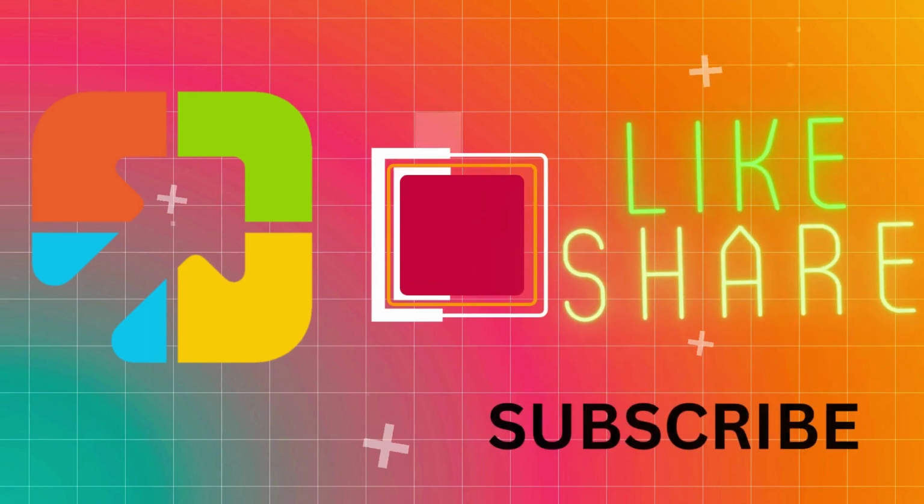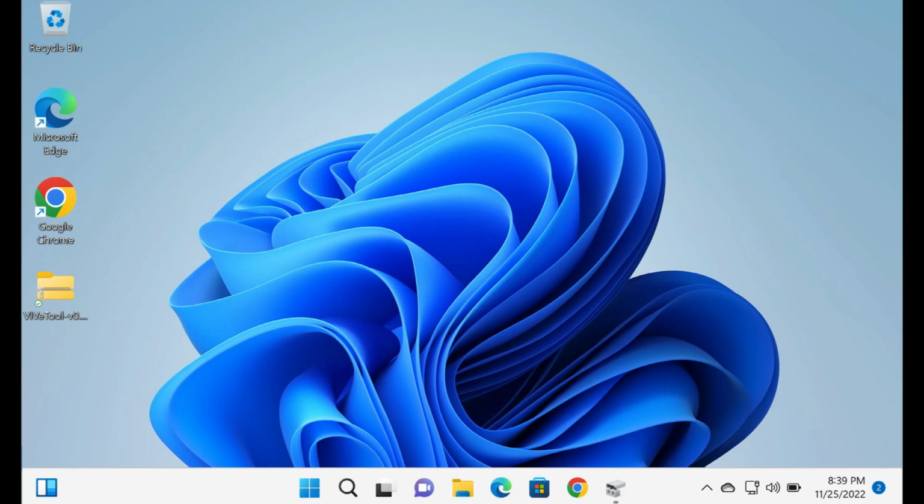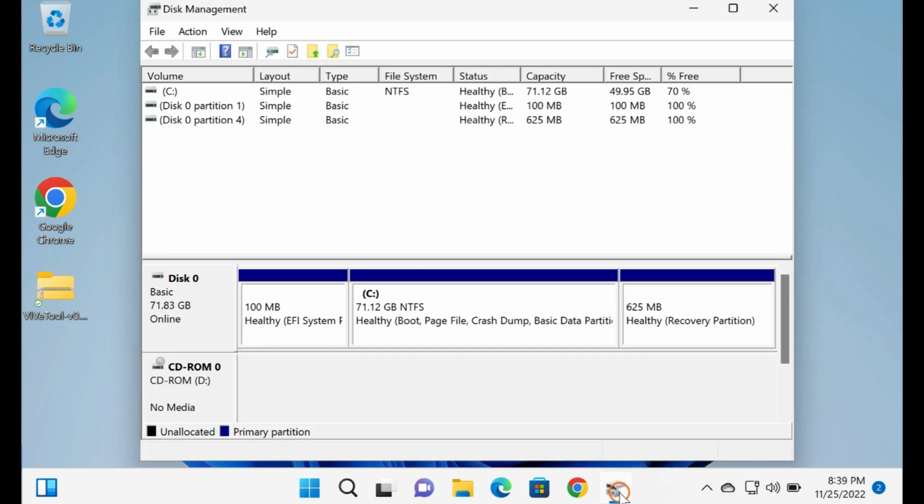Hi everyone. This video will guide you on how to manage or resize partitions on Windows 10 or 11 without losing data. There is a lot of freeware available over the internet to resize or modify the existing partitions of Windows 10 and 11. If you have purchased a new computer with a preloaded Windows 10 or 11 operating system, you may have only one partition. If you have already created several partitions and later want to resize or merge them, everything is possible without any third-party tool.